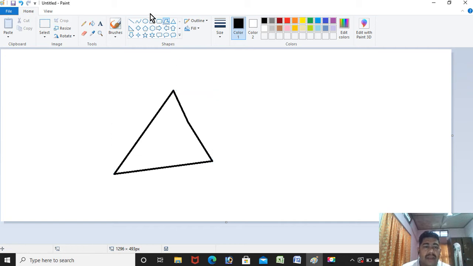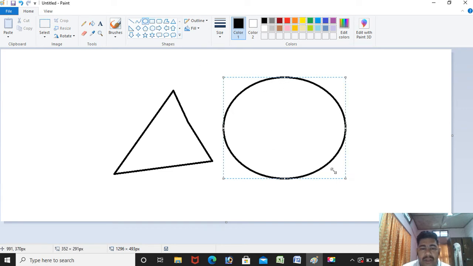Okay, then if I want to draw a circle, same thing, I will select the circle and then draw the circle here. Okay, suppose I want to draw something again inside the circle.